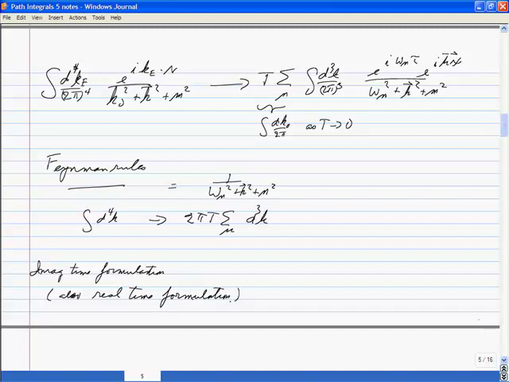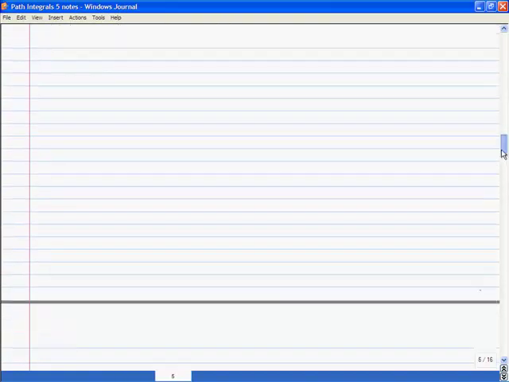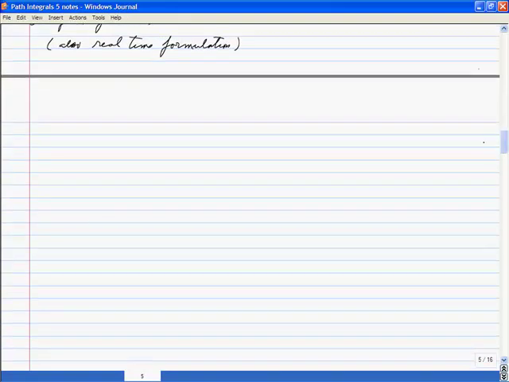But the imaginary time ties in beautifully with this path integral. Okay. Questions about that? That's topic number 1 for the day. Okay. Topic number 2 is